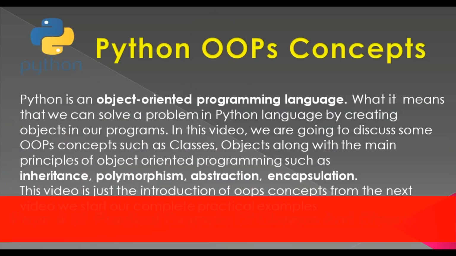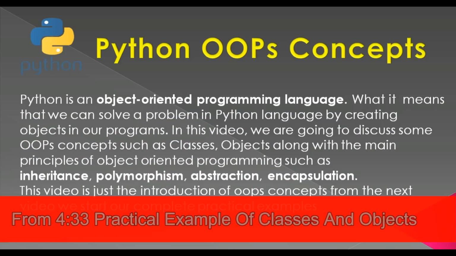So first of all, Python is an object-oriented programming language. What it means is that we can solve a problem in Python by creating objects in our programs. In this video, and in our first object-oriented video, we are going to discuss some OOP concepts such as what are classes, what are objects, and also I'm going to show you how you can create your first